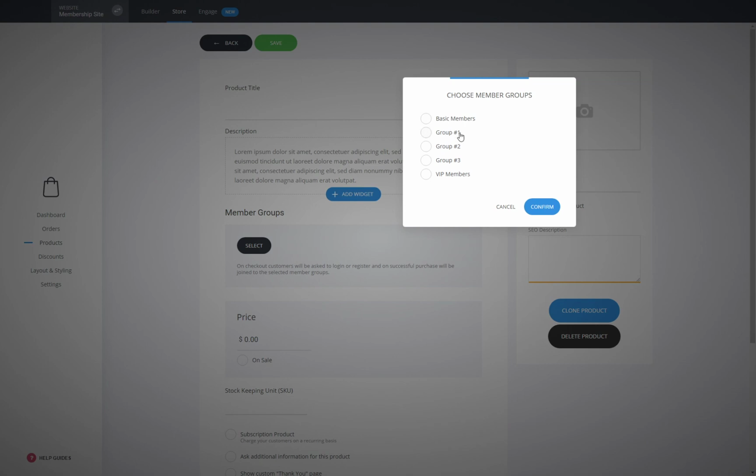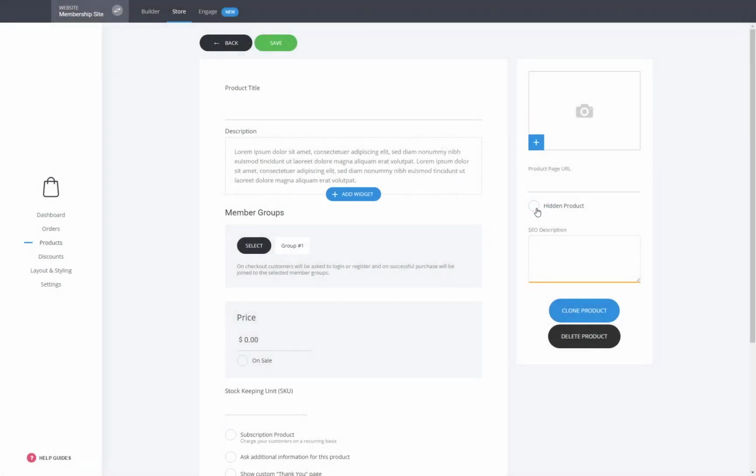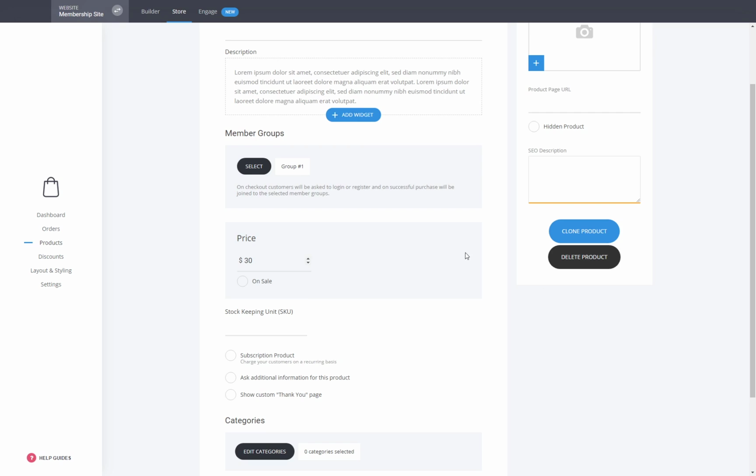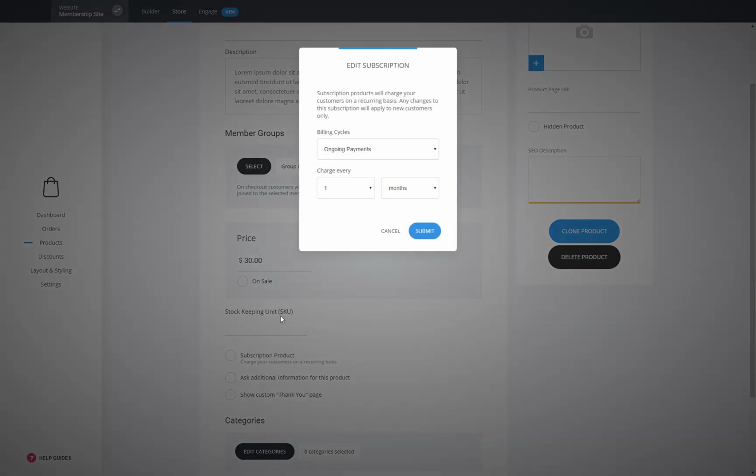So let's say that we want whoever purchases this product to be assigned to group 1. So they will get access to all the pages that we restricted access for group 1. And let's say $30. You can also make it a subscription. So if you want people to pay, in this case, $30 one time, this is it. But if you want to do a subscription every month or every few months, you just click on subscription product. And here you can select if you want it to be ongoing for